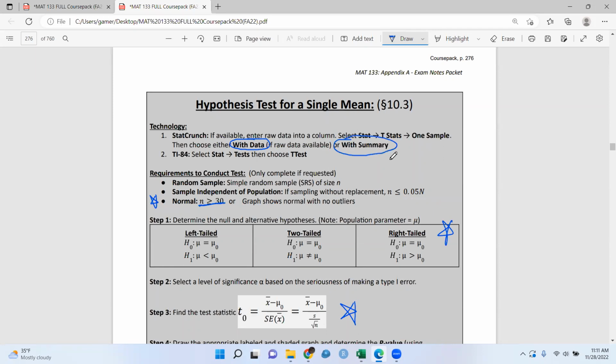With the proportions, we always use the summary, right? We never use data with the proportions. So this time we might have a column of numbers that we work with. The other thing to note